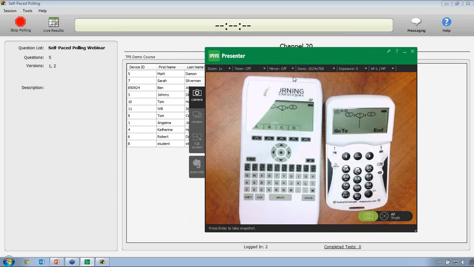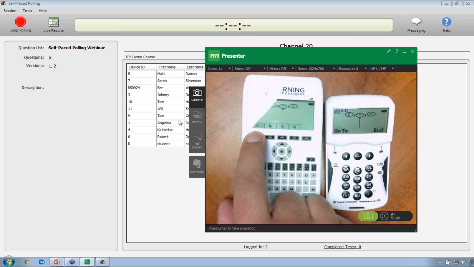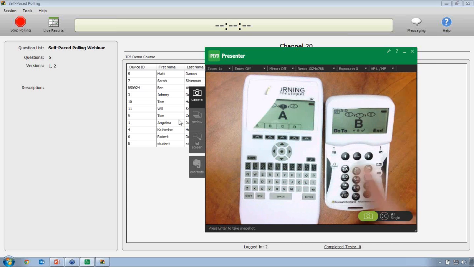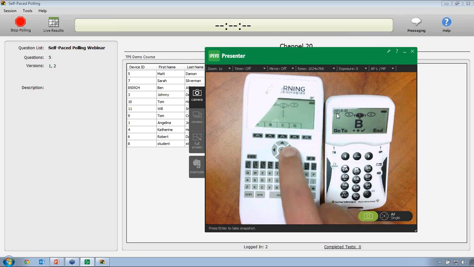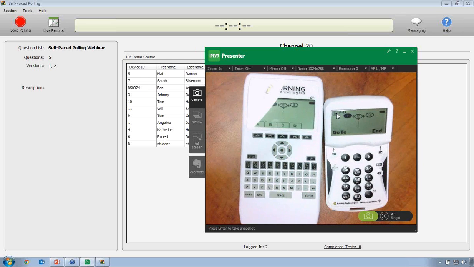And now you'll see on my displays on my keypads here, there's little number bubbles at the top of the screen. That represents the question in the test that you're doing. And so I'm going to go ahead and start answering some questions. Okay, and you're going to see as I respond to them, it fills them in. Okay, when I'm ready to go on to the next question, I just use my arrow keys here, and I respond to the next question.